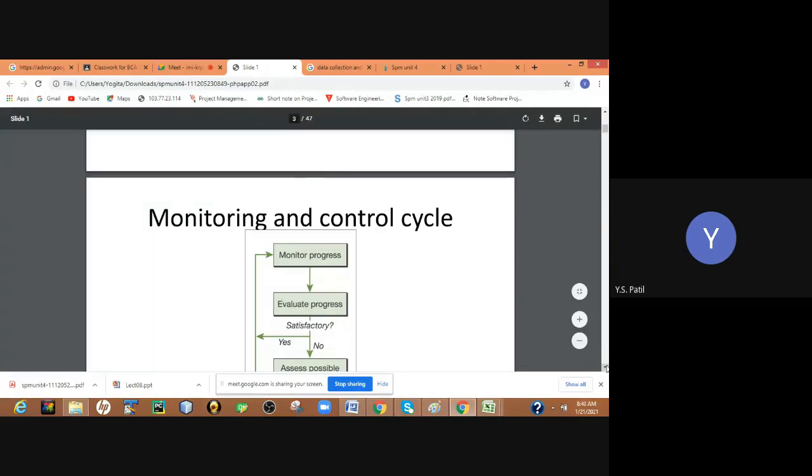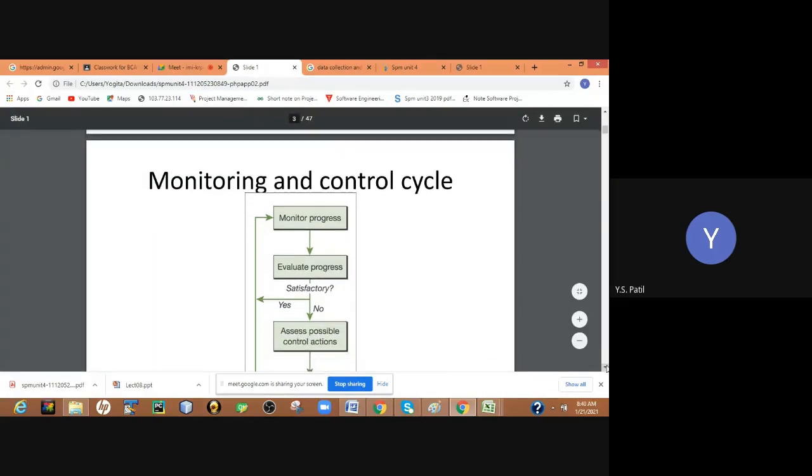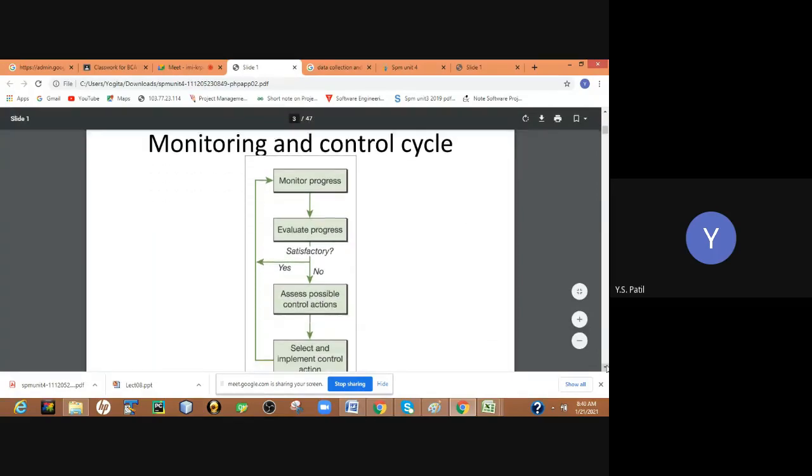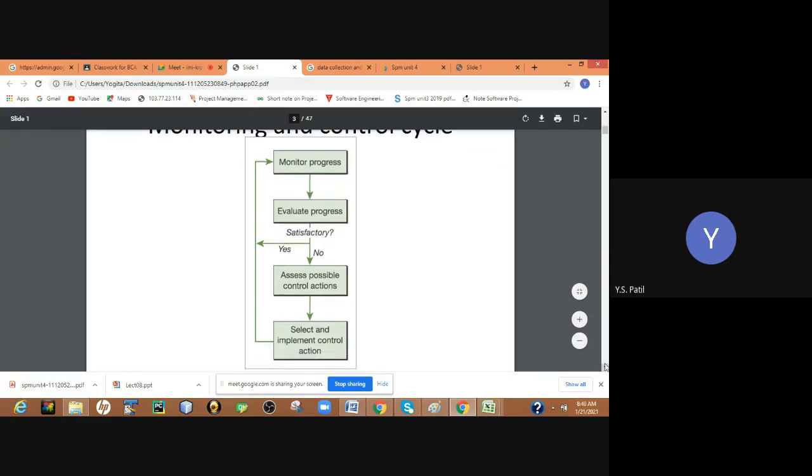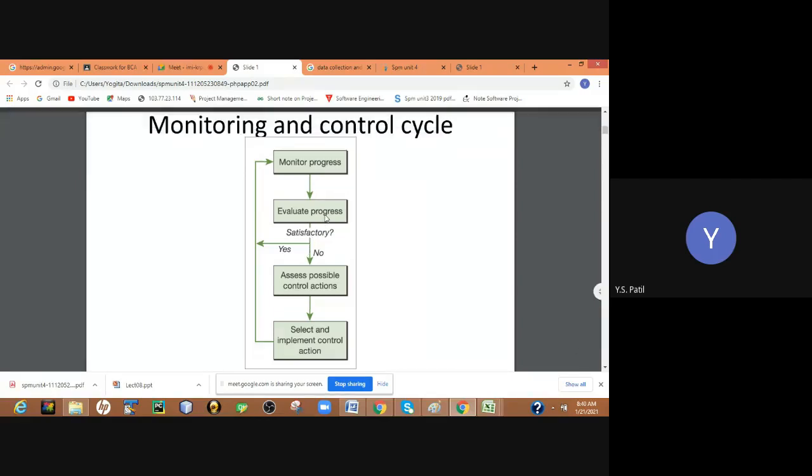See again here, the monitoring and control cycle. Monitoring process, evaluate process. Again check whether, after this evaluation, the result is satisfactory or not. If no, then assess possible control action, and next select and implement the action.